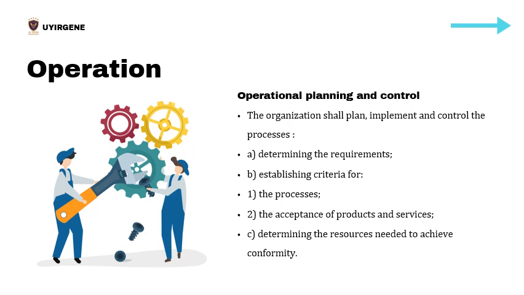Operational planning and control. The organization shall plan, implement, and control the processes needed to meet the requirements for the provision of products and services, and to implement the actions by determining the requirements for the products and services, establishing criteria for the processes and the acceptance of products and services, determining the resources needed to achieve conformity to the product and service requirements,